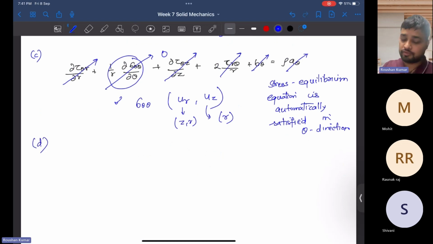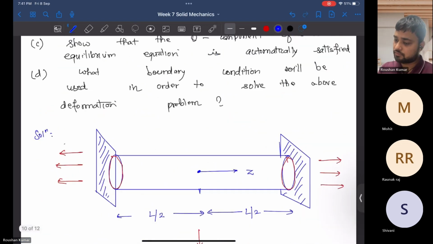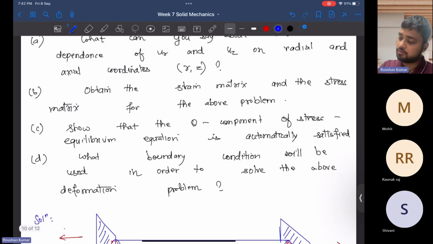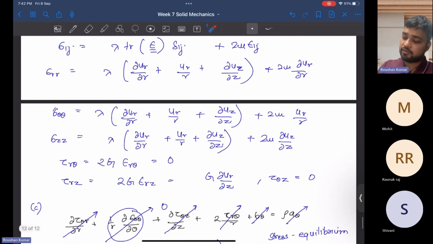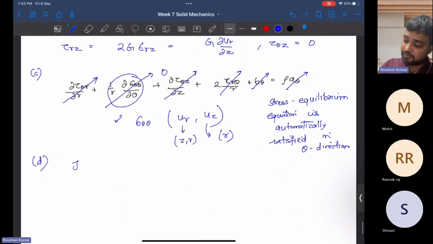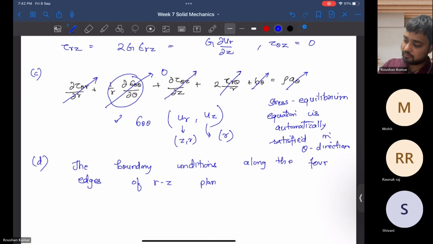The fourth part, which is the last part of this question, is what boundary condition will be used in order to solve the above deformation problem. So basically it is glued and fixed by two rigid plates. So we have prescribed 4 boundary conditions along the 4 edges, because it is glued at both the ends by a rigid plate. So the boundary conditions along the 4 edges of the RZ plane are, at z equal to L by 2,